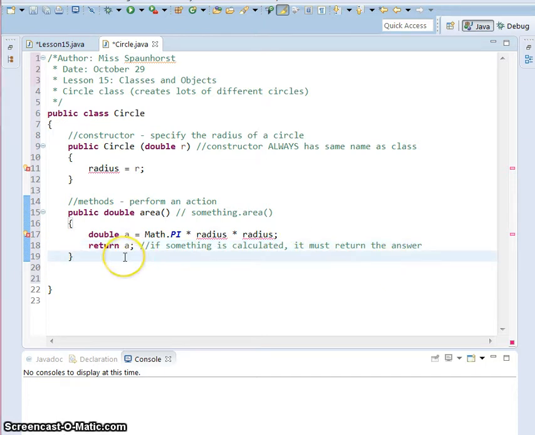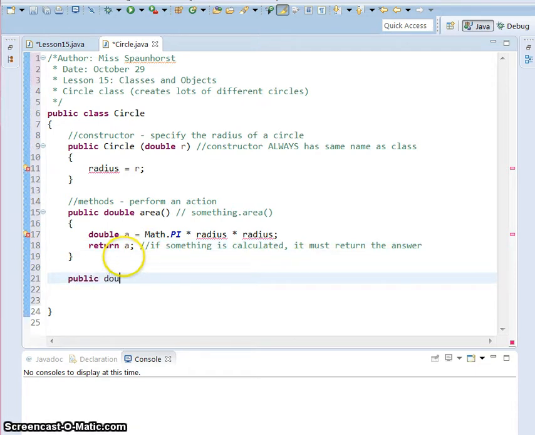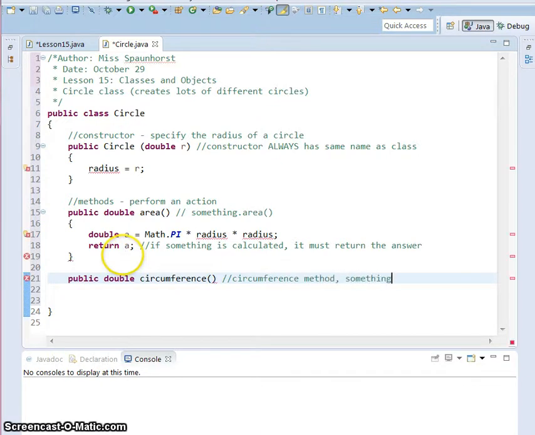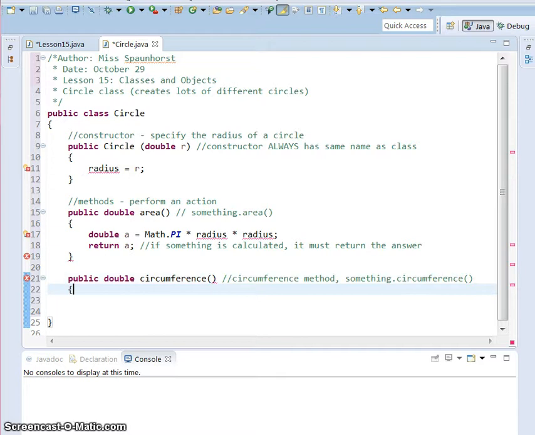We're going to create one more method within the circle. And this is going to be called circumference. So we're going to call it public double circumference, open and close parentheses. And this is our circumference method. So you would call it by doing something dot circumference, sending it nothing. And since we're creating a method, we're going to put brackets under that,